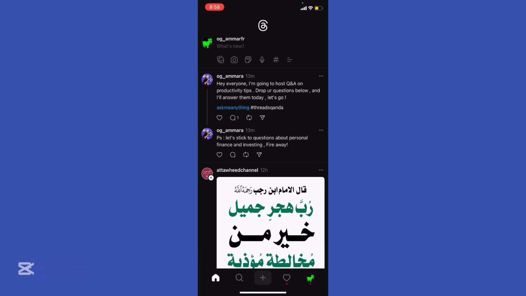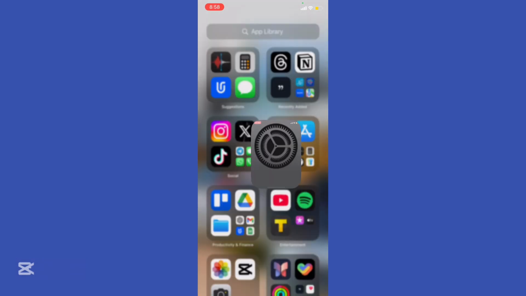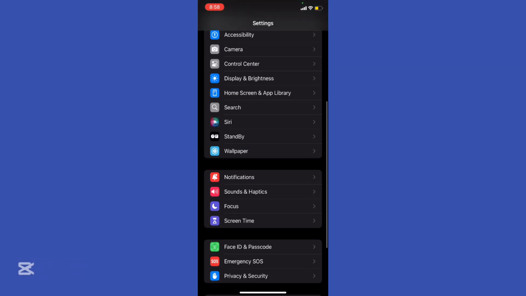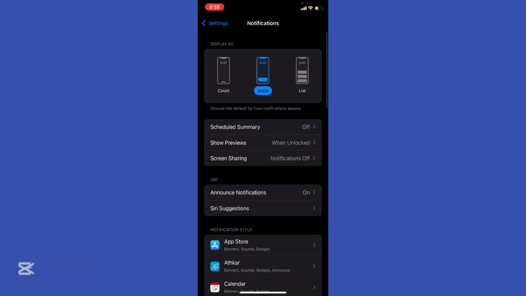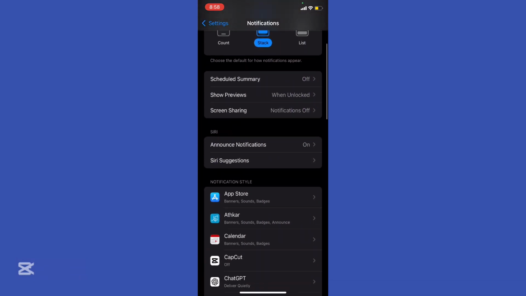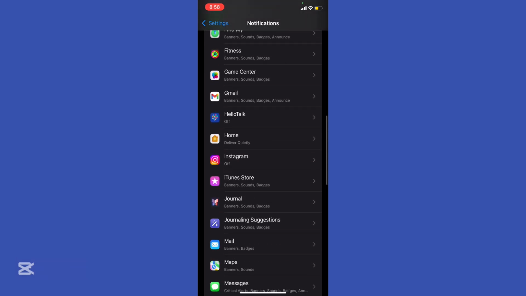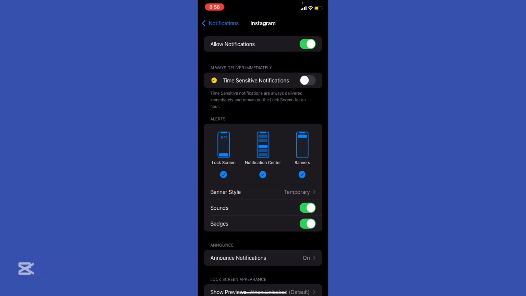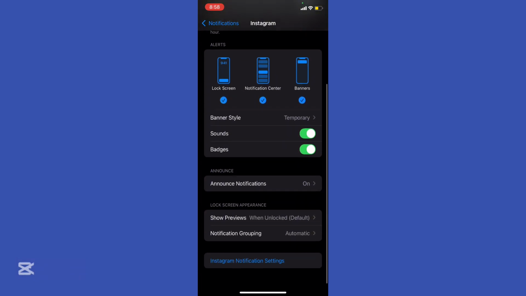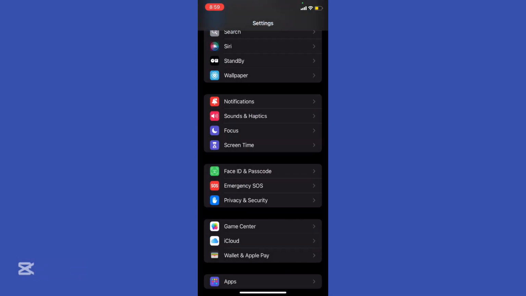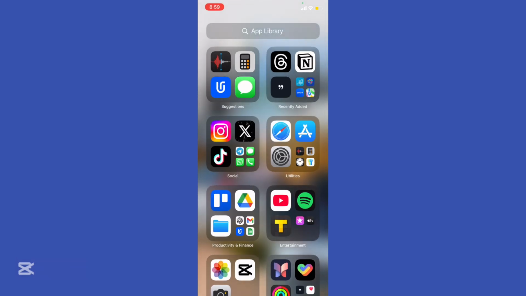And if you want to customize notifications for each account, stay on top of your activity without getting overwhelmed by going to your settings. Go back to your screen, go ahead to the settings, and then scroll down to the notifications, right? Turn off any unnecessary alerts for accounts you don't check so often. You could go out to your Instagram, make sure that you allow notifications, and any unnecessary notifications you can disable from within the Instagram, because Instagram is linked to the